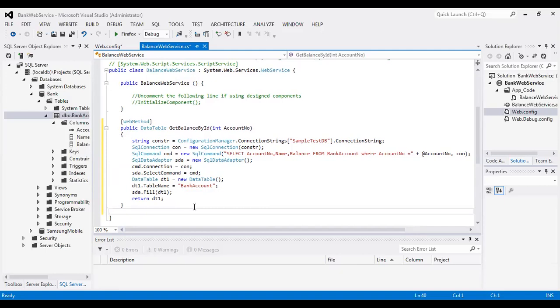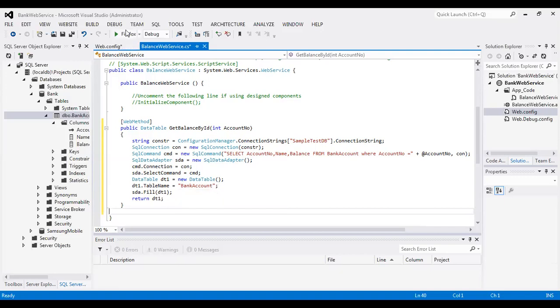And for testing the web service, Microsoft Visual Studio provides the environment for testing the web service, as well as the WSDL file, which we have seen in the web service framework. So here the code is written.